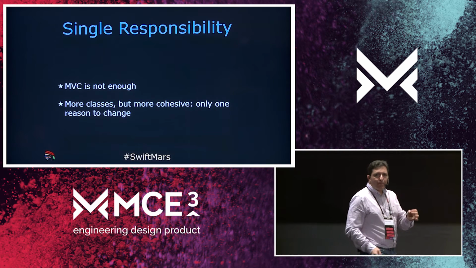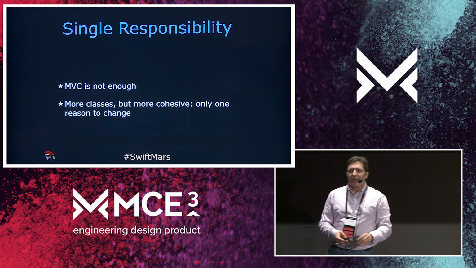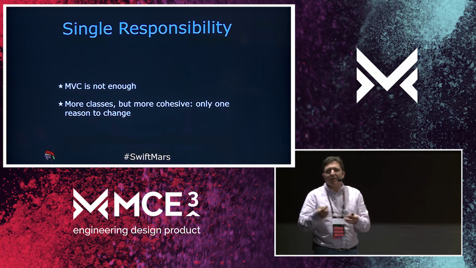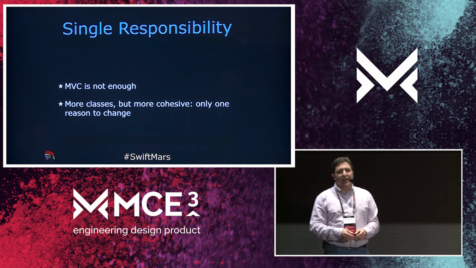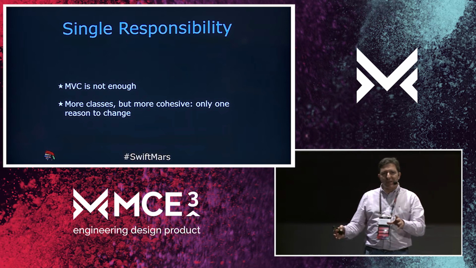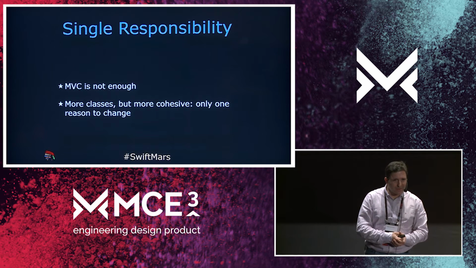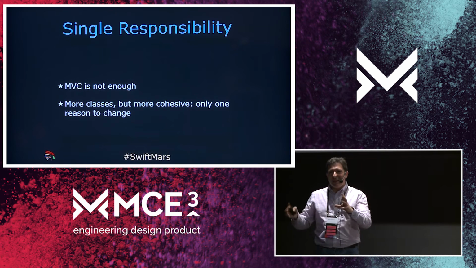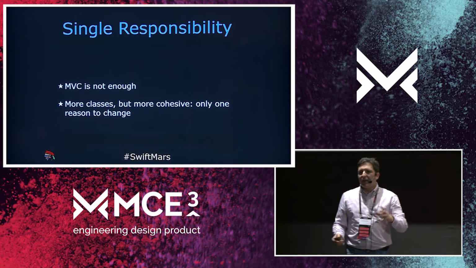The single responsibility principle states that a class should have only one reason to change. And that is, I mean, when the first time I heard about the single responsibility principle, I thought, oh, that's pretty clear. I get it, and I know how it works. But it is not that easy, and sometimes it's a trade-off. Sometimes you decide to include functionality in an entity or an object, but sometimes it is better to put it in a different class. Let me give you an example.